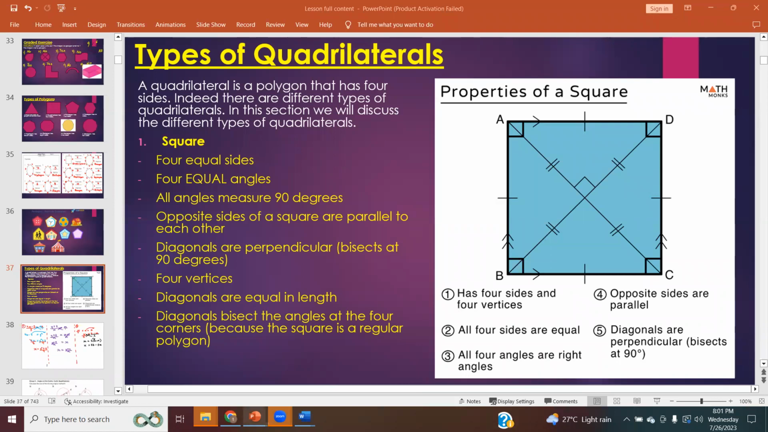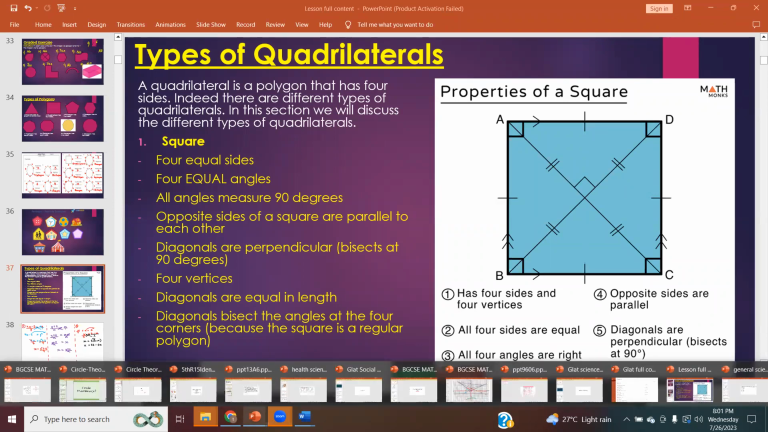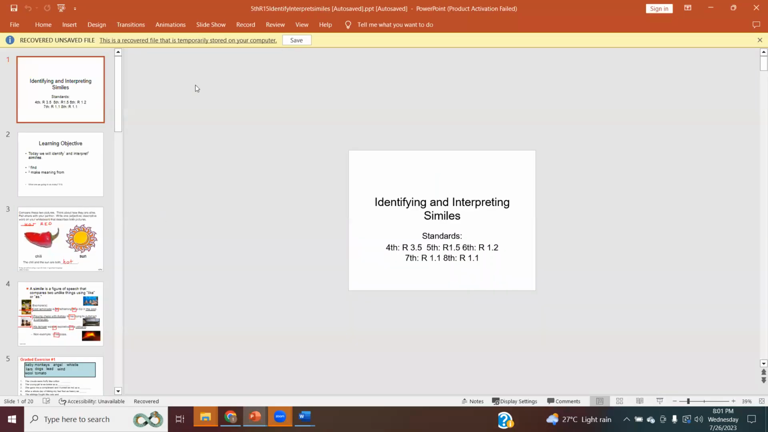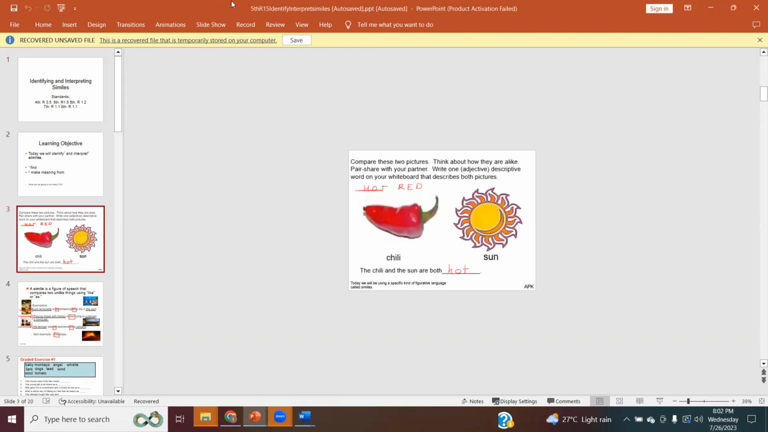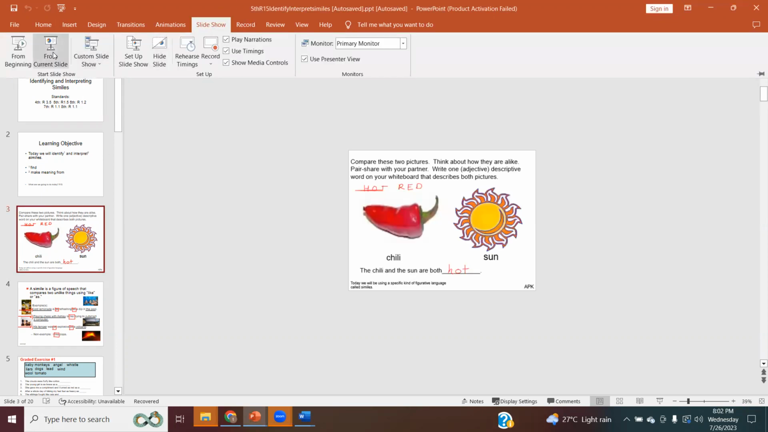All right, so let's begin with English. It's actually 8:01, so we could start. Okay, so we're still on similes, interpreting similes. And we were given a homework that we're supposed to do. First, what I'll do is